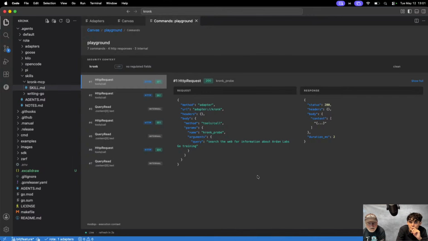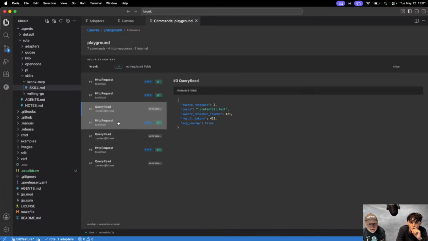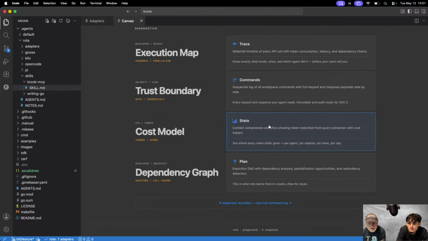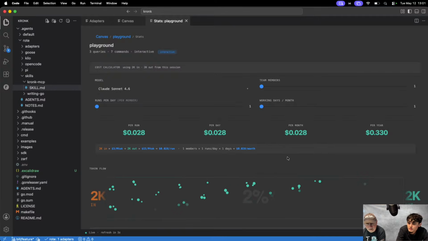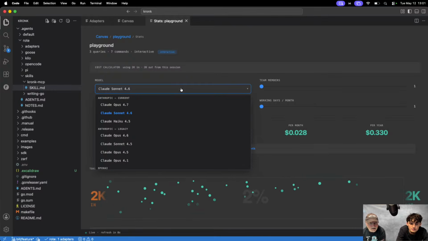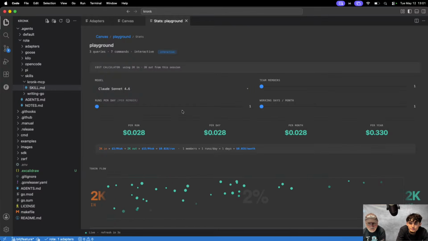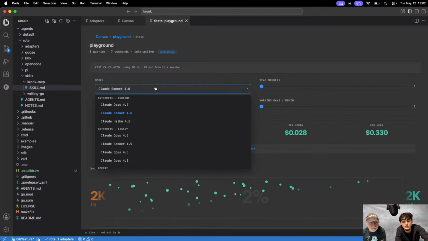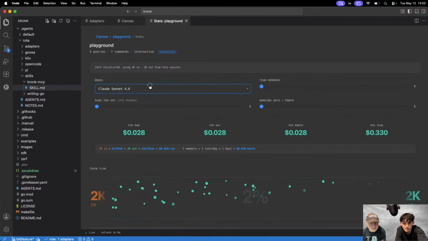Trust boundary, I guess. These are all the calls back and forth. Oh, I didn't even see this before when I was playing with it. Read. Okay. Now, I don't know where it's getting cost from, but I didn't give it any cost. It's an interesting UI. I guess if we did this on Claude Sonnet 4, that would have cost me that. Oh, okay. I guess they're doing some math. It says the math they're doing there.